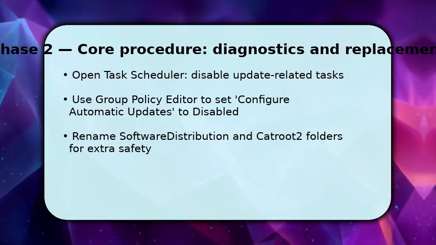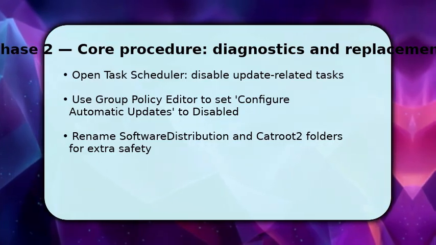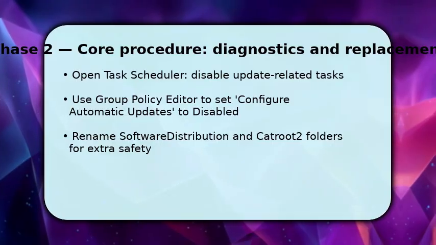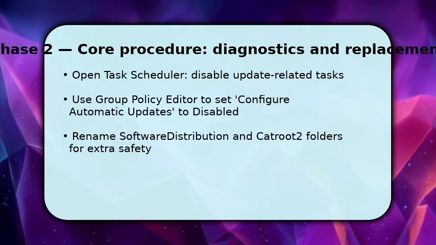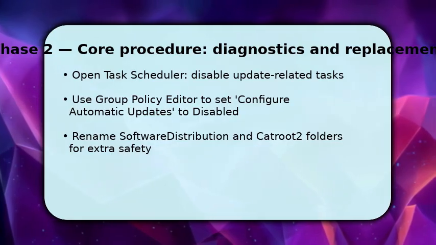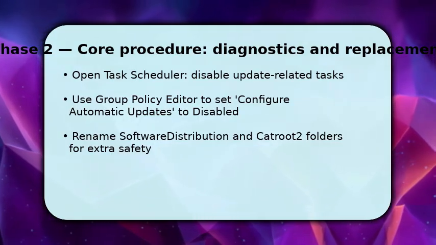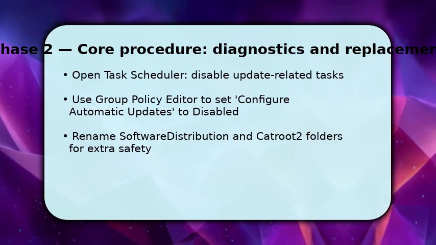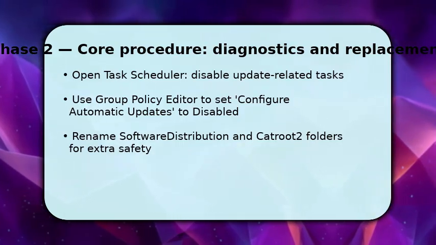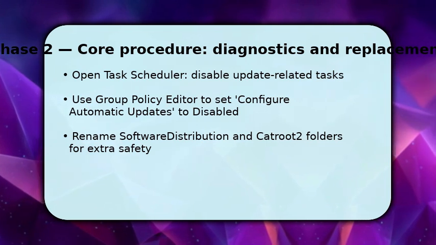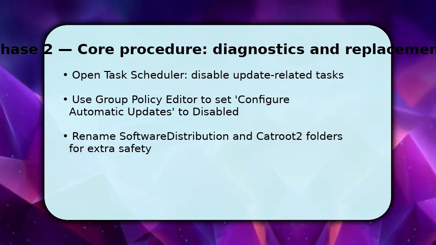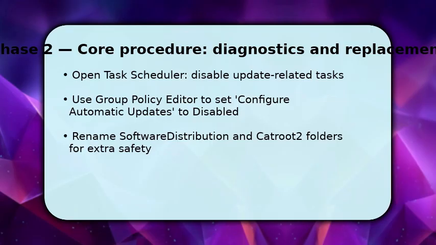Then run gpedit.msc and set Computer Configuration, right arrow, Administrative Templates, right arrow, Windows Components, right arrow, Windows Update, right arrow, Configure Automatic Updates to Disabled. This enforces policy-level prevention. Once done, stop Windows Update service again and rename C:/Windows/SoftwareDistribution and C:/Windows